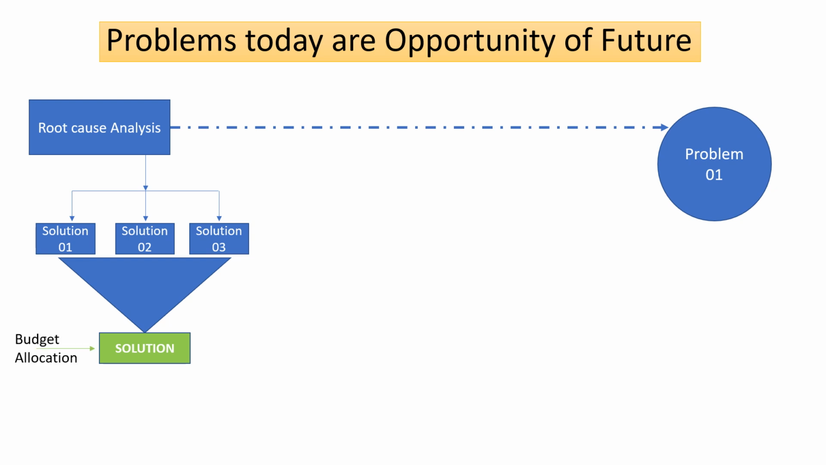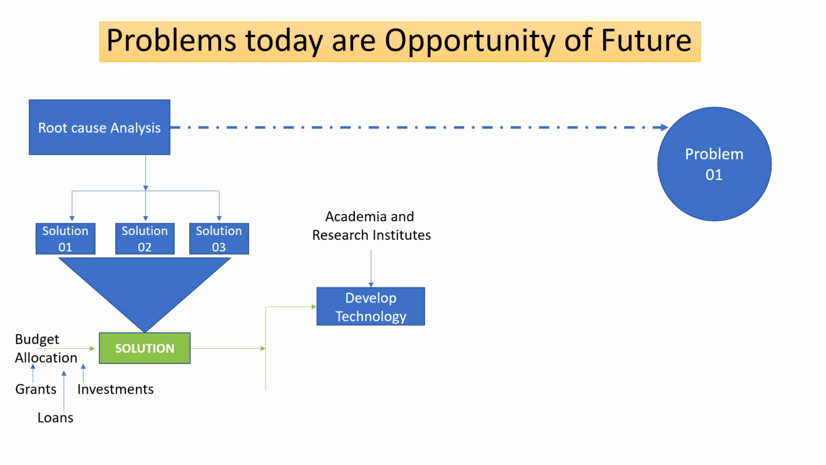That prioritized solution will require some budget allocation, mainly from the human resource and the capital resource, and this capital resource may come through different sources. It could be a grant, a loan, or an investment. So all these possible financial allocations fund this solution, and this solution will either focus on developing a technology for which